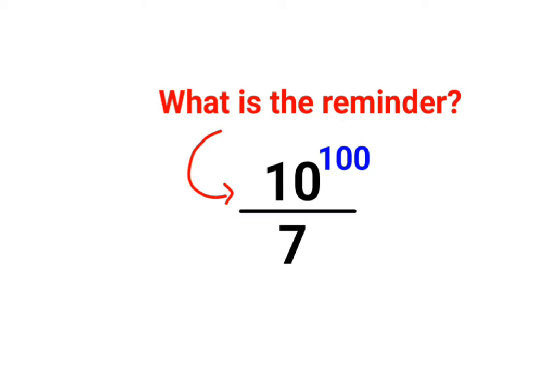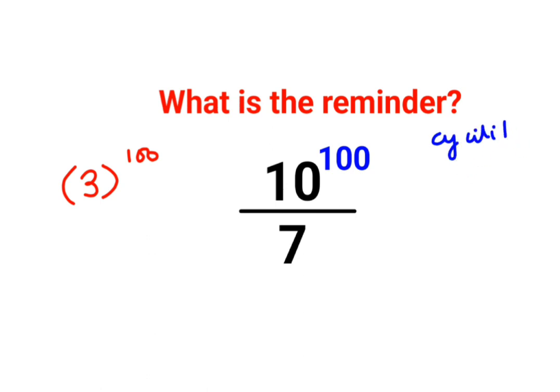Okay, see, one very important thing is that first you focus on 10 and 7. When you do 10 divided by 7, the remainder is what? 3. So the remainder is 3, and it is still raised to what? 100. Now here we will come across a concept called cyclicity.